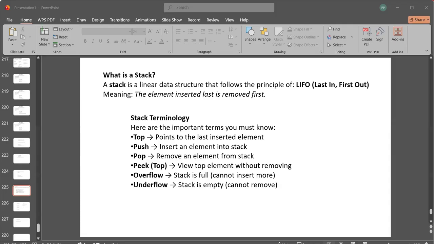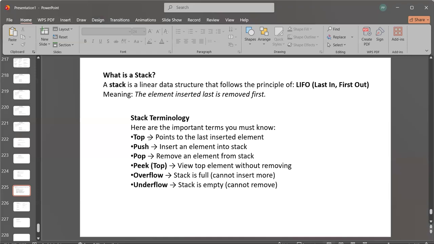So that's a simple one. So what is a stack? A stack is LIFO: the element inserted last is removed first.